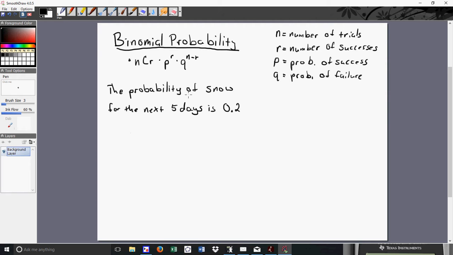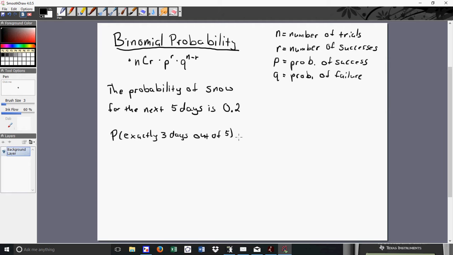It's working with discrete data, which means it's whole numbers. So the probability of snow for the next 5 days is 0.2, which means it's either going to snow on that day or it's not going to snow on that day. So if I want to find the probability that it's going to snow exactly 3 days out of the 5,